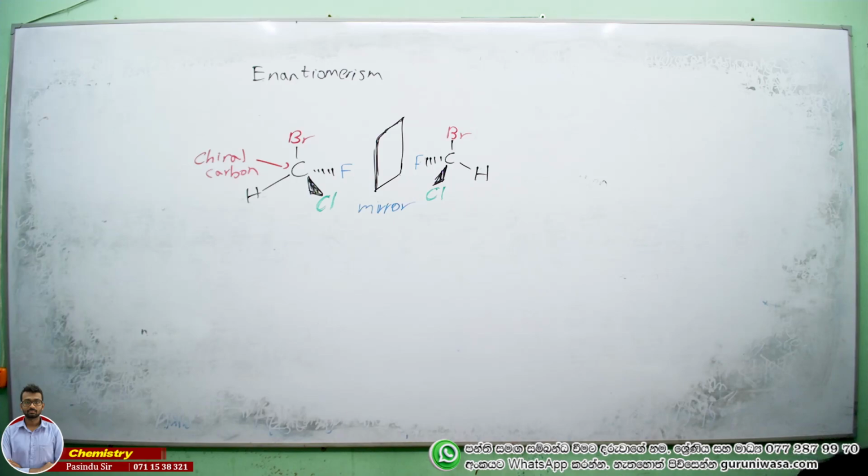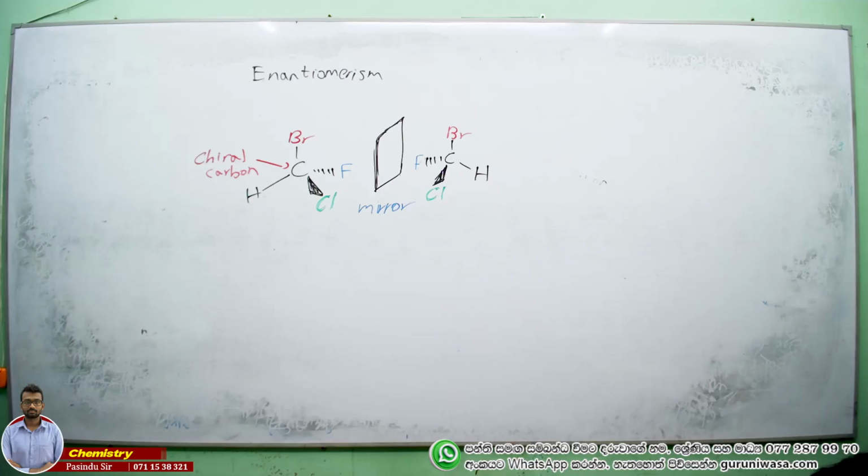which is joined to 4 different groups shows enantiomers. A compound having a carbon atom which is joined to 4 different groups shows enantiomers. Next point, such a carbon atom